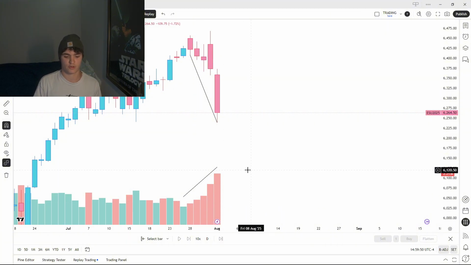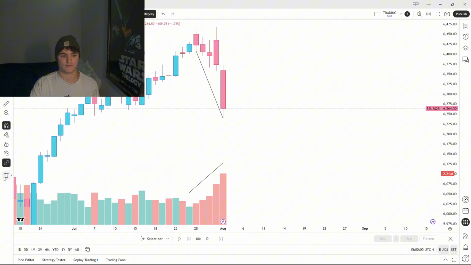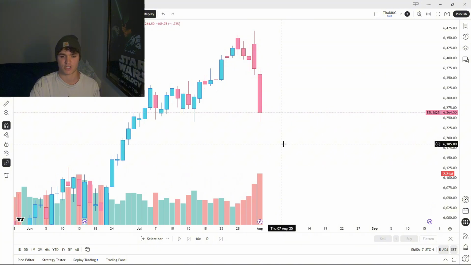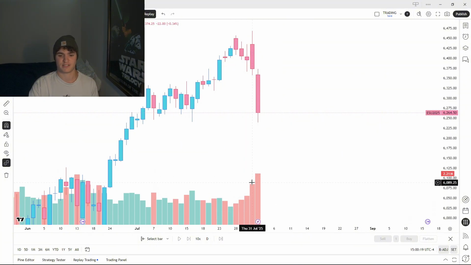Now, it was a high volume week in general because of all the news, but Friday, you know, we weren't as news heavy as some of the other days, yet the volume was astronomical compared to any of the other days. So as we gained downside momentum, we had increased volume. That is not typically a great sign. And so I usually don't use indicators. I'm a price action trader, but obviously volume matters, right? If the sell-off is high conviction, if there's a lot of market participants in the sell-off, you can probably expect some more downside in the near future when you're seeing a volume chart like this.